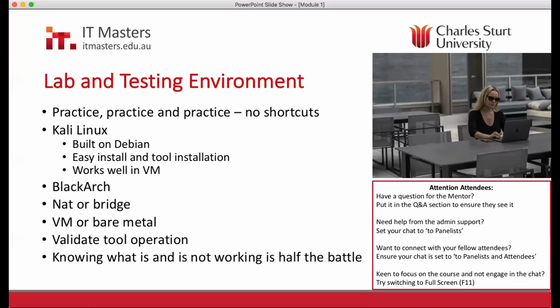So Kali Linux, built on Debian or Ubuntu, I think maybe Debian. Easy to install. It's got the tool installation already, works well in a VM. I use VirtualBox. I never really was okay with VMware. I'm not sure why. I think I tried it early on in my career when, you know, they both work well, but I just think VirtualBox has less limitations. And, you know, before it even was taken over by Oracle, it was a very good virtual machine for me and works well.